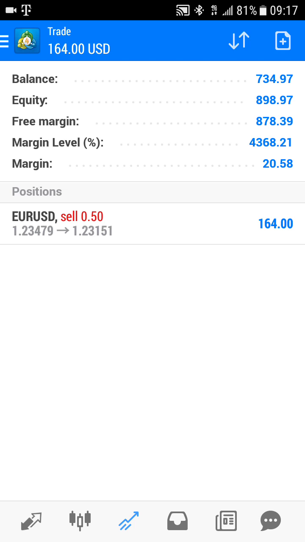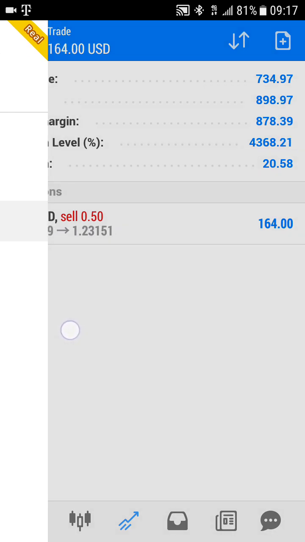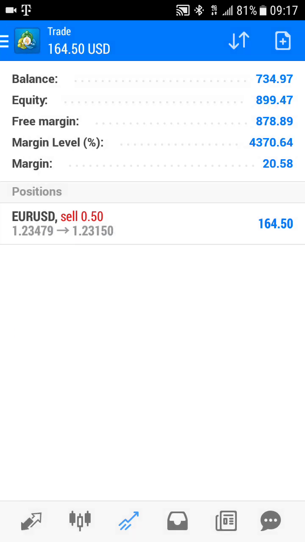Now, I am making profit on the $100 one as well, and let me show you that this is a real account. I don't want to pull too far over because I don't want to give my account information, but this is on the mobile version of the MetaTrader 4 app. So this is a real account. If it was not real, it would say demo. So I'm making some money for them as well.